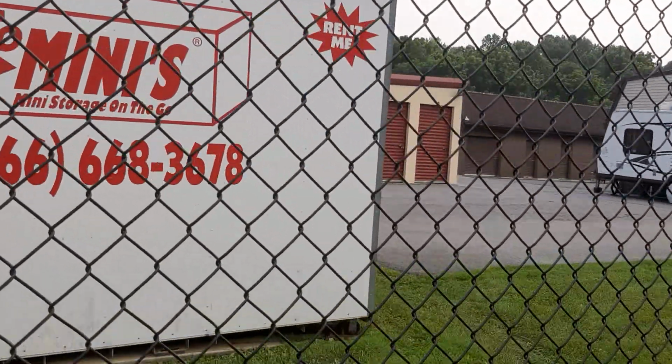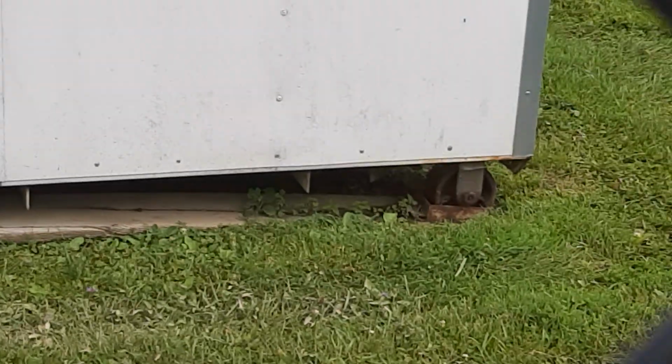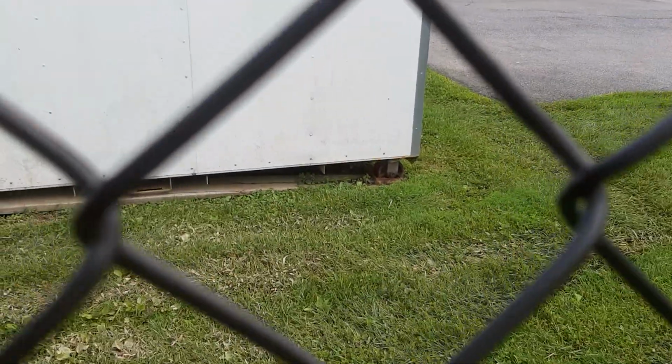It says rent me. Now I want to bring your attention to the casters. You see, they are casters. Okay, just a second, the fan is in front of my camera. Okay, you see the casters over there. I hope you see them. These are metal casters. They are like $100 a piece, or actually $50 a piece if you get them from